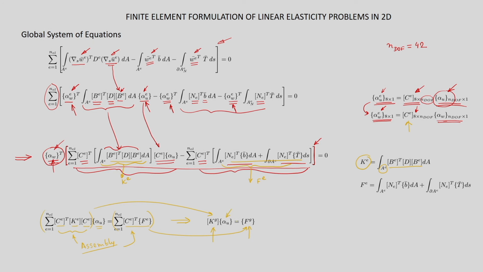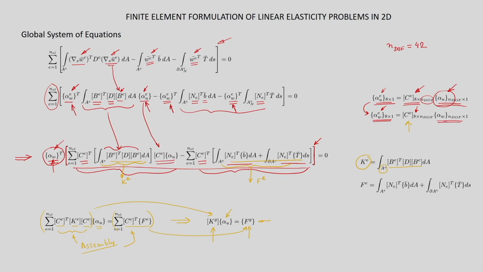Once we get the system of equations, that is Kg alpha equal to Fg, then what will we do? We will enforce the Dirichlet boundary condition, because that is what has not been enforced or ensured in U. So, that has to be enforced, and then we will solve the system of equations and see the results. Before illustrating that part, let me explain this expression in another way.